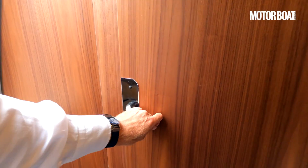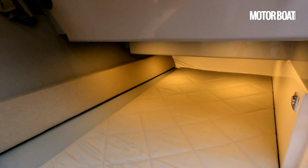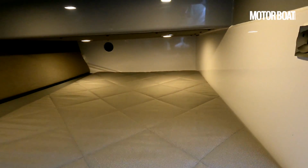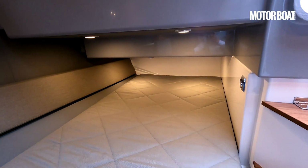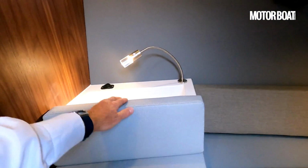Good quality woodwork. Lots of lights where you need them, and then a second bed under here. So this isn't full width, you can see it's just up to there, but means that you have got a second berth. It's really one big single, or possibly a double at a bit of a squeeze. And then a little reading light here,